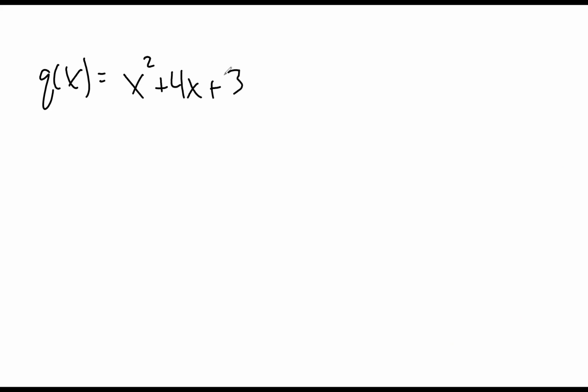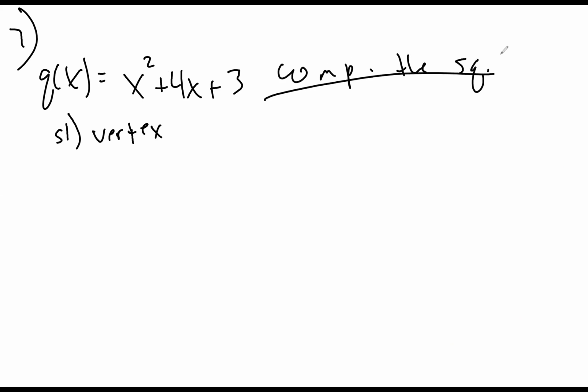And this is number 7. And step number 1, so S1, step 1, basically it asks me to find the vertex. Well, since this is not given to us in vertex form, we can't find the vertex yet. And so this is the problem where we have to complete the square, okay? And so we'll take our function, x squared plus 4x plus 3, and we will do the completing of the